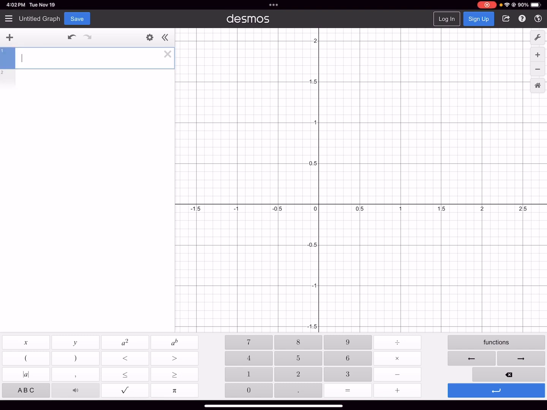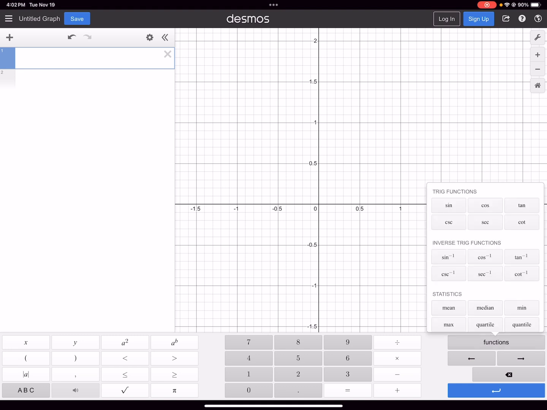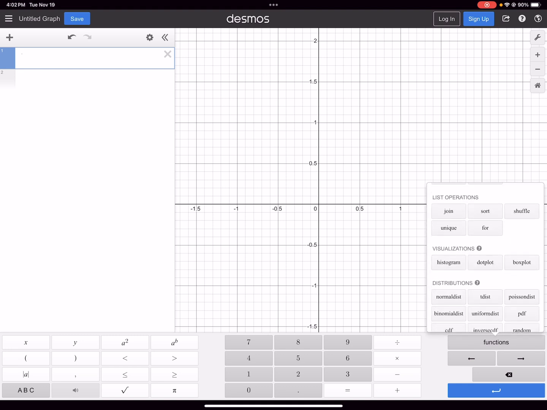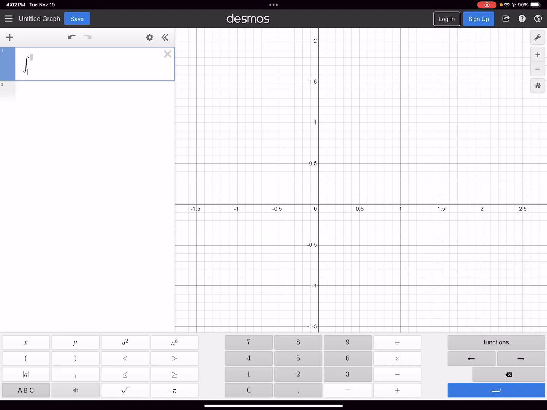And now when I want to do my antiderivative, we'll multiply by a half later, but I want to do my antiderivative. My antiderivative is under functions, and then I have to find it there. And I'm going from 0 to 2. Which is very hard to get to. 0 to 2. We're looking at average velocity, so I want my velocity equation, which is